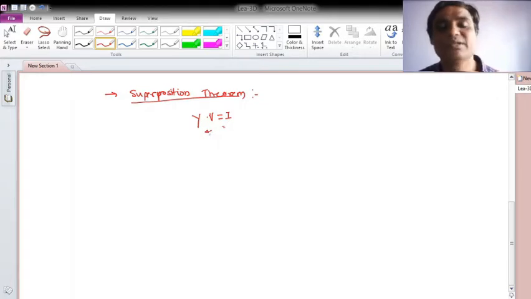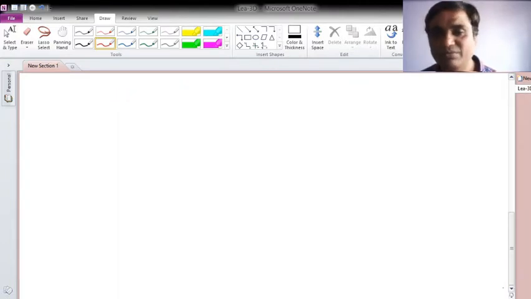So this is the reason when you are simplifying the circuit using superposition theorem, you must inactivate only the independent energy sources. Okay, so I'll say nullifying a voltage source means you make it a short circuit, and nullifying a current source means you make it an open circuit. Okay, so let us see this theorem with an example.